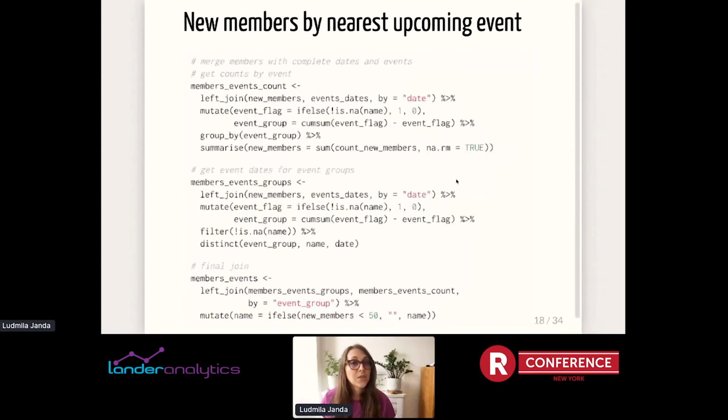So then I joined those two data sets. And in order to get the count of people that joined before each event, I created a flag for the dates that had events, and I just used a cumulative sum. And here I subtract that event flag from it because I wanted the day of the event to be included